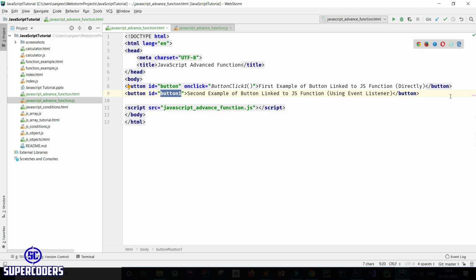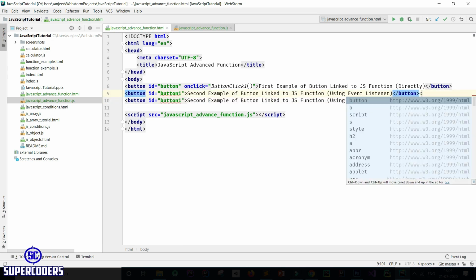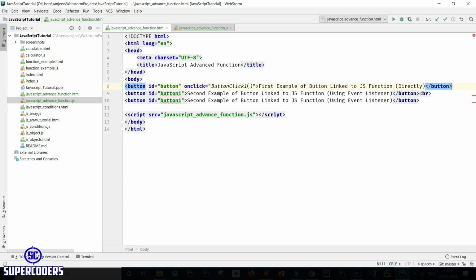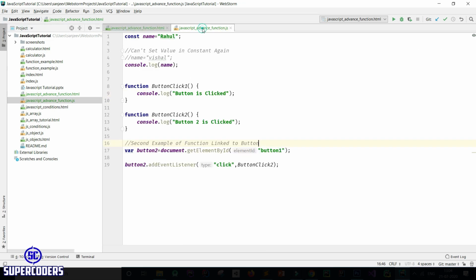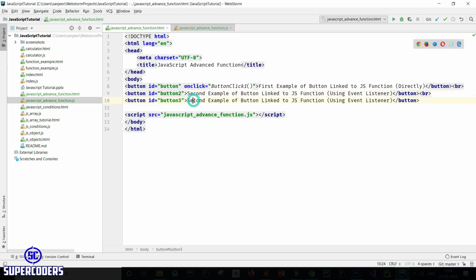So again creating button, adding BR, change this button add to 3, change this to 2, also change this to 2. Now the third example.